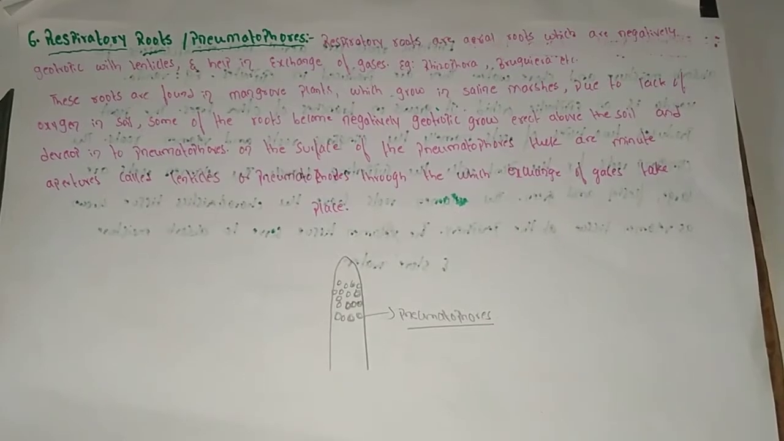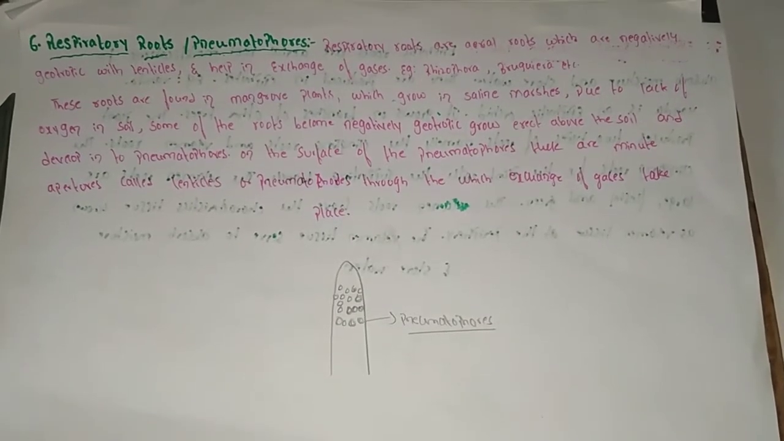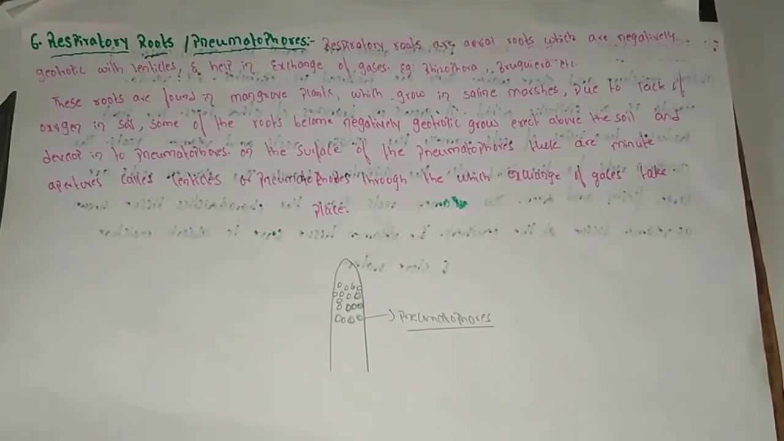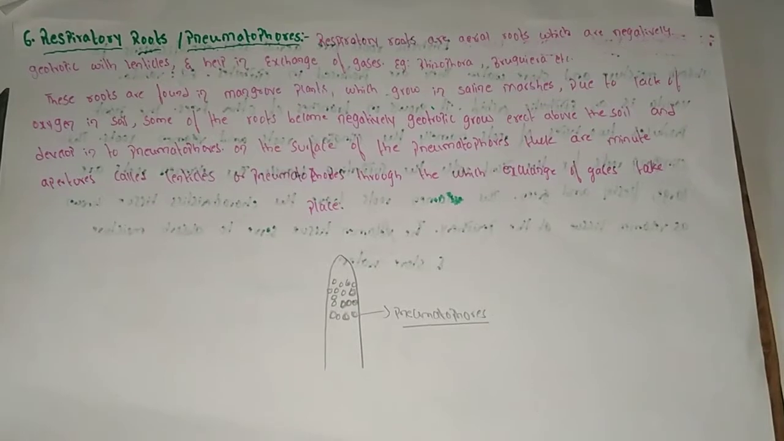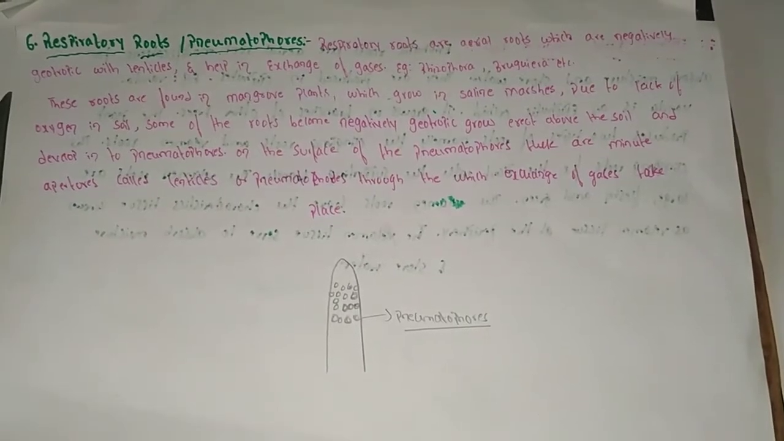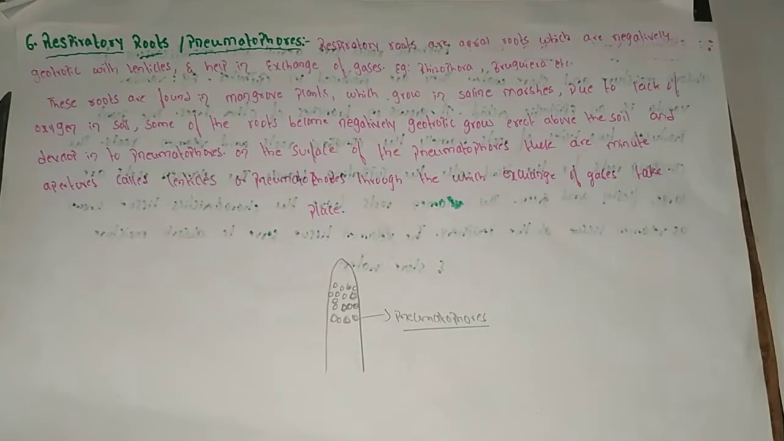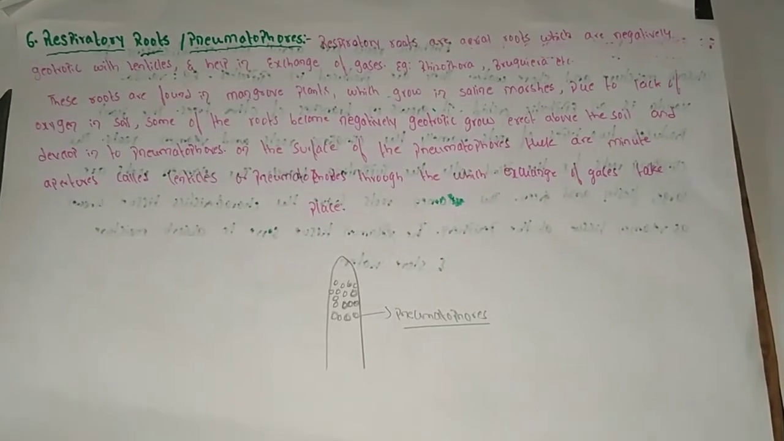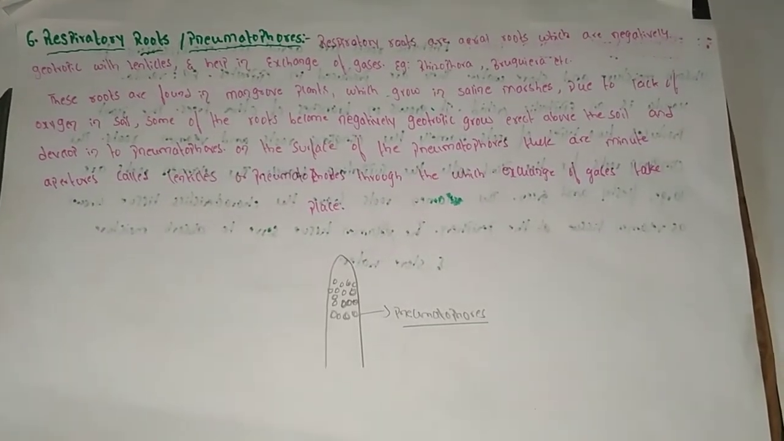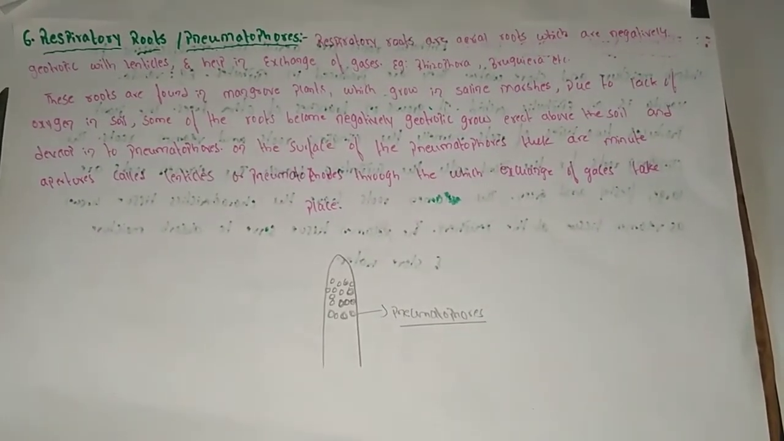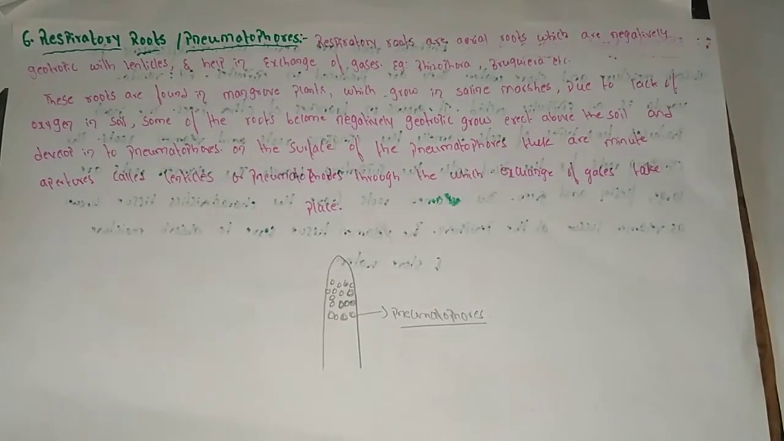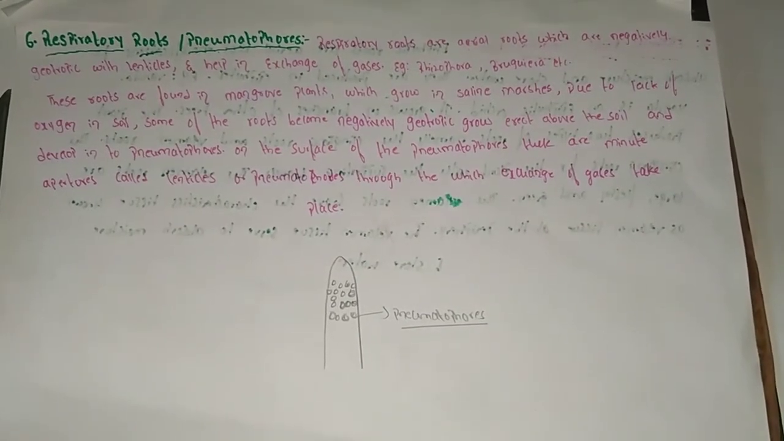These roots are found in mangrove plants. Mangrove plants are mainly found in coastal areas, where they grow in saline marshes. Saline marshes means salt water. Due to lack of oxygen, the roots become negatively geotropic. So the roots grow upward above the soil and develop into